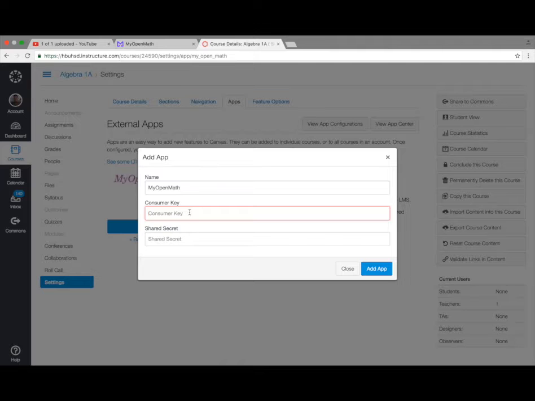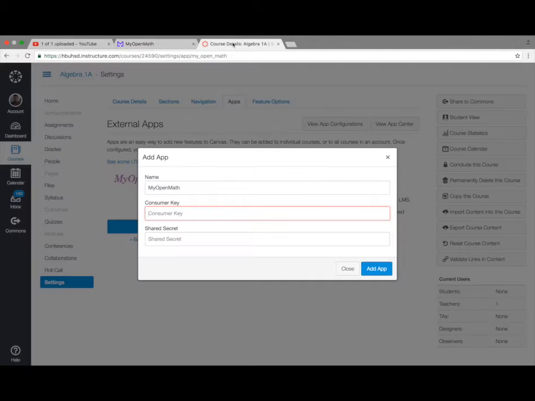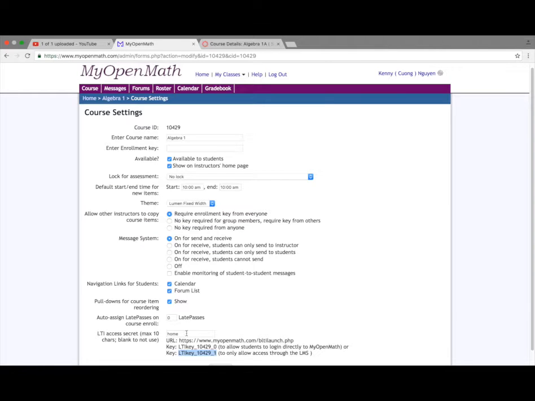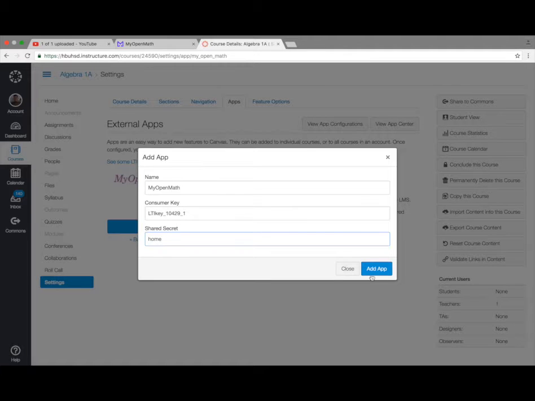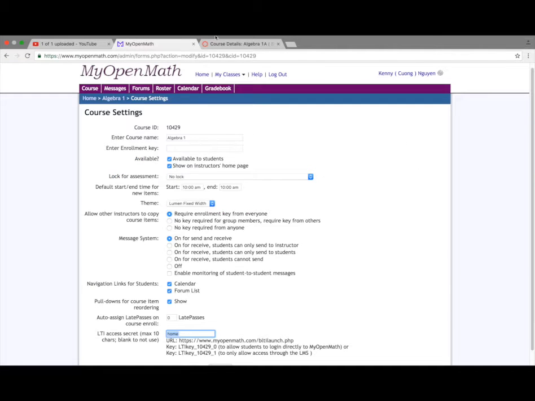So this is the MyOpenMath app. Consumer key is your LTI key. So maybe I remember that I did a Control-C, copy. I'm going to go and paste that in there. And also my secret word or a reference word. So earlier I chose "home" as my reference word. So type that under here, click add app, you're set to go. So now MyOpenMath talks to